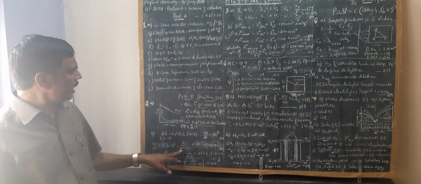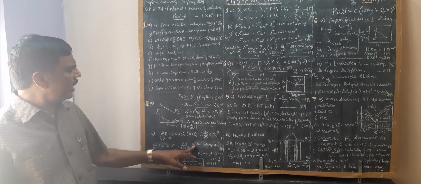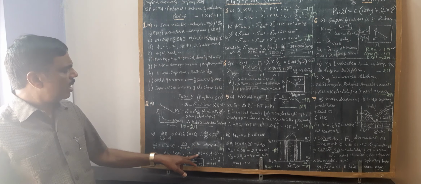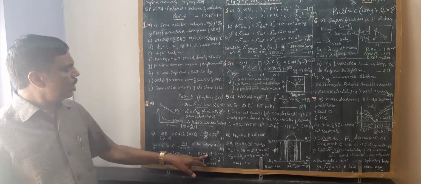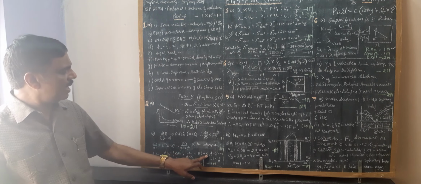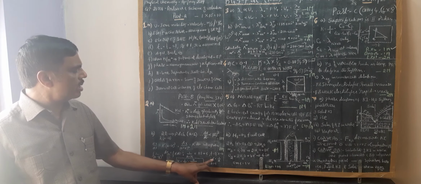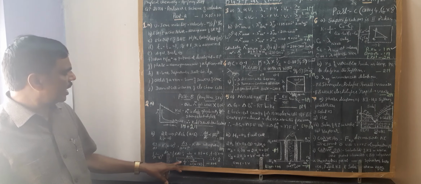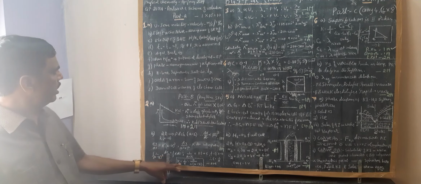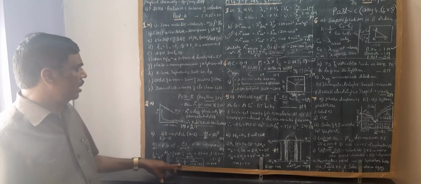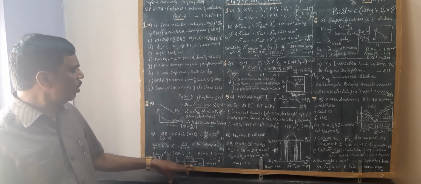So integral of dx by (a minus x) squared is equal to 1 by (a minus x). Integral of k dt, k is the constant taken outside. So k times integral of dt is kt plus integral constant c. To find the value of this integral constant c, when t is equal to 0, x is equal to 0, so c is equal to 1 by a. You substitute that here, you will get the expression k is equal to 1 by t into x by a into (a minus x). This is the expression for the rate constant of a second order reaction. K is equal to 1 by t into x by a into (a minus x).